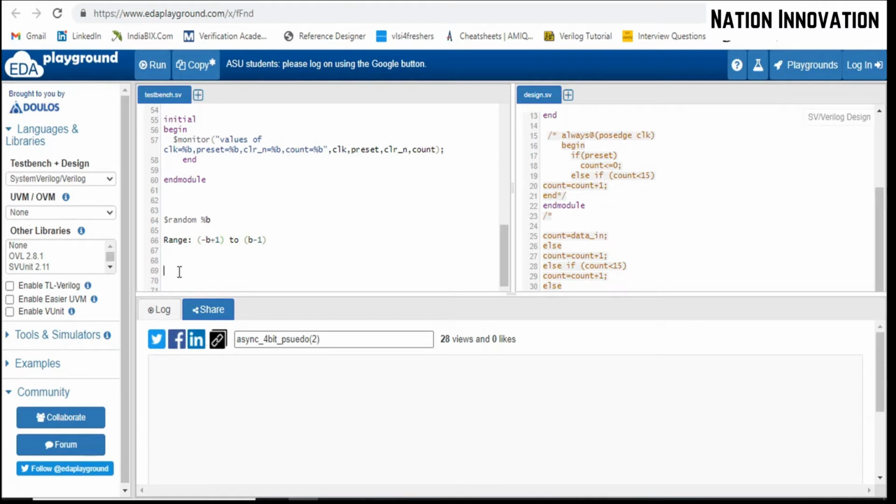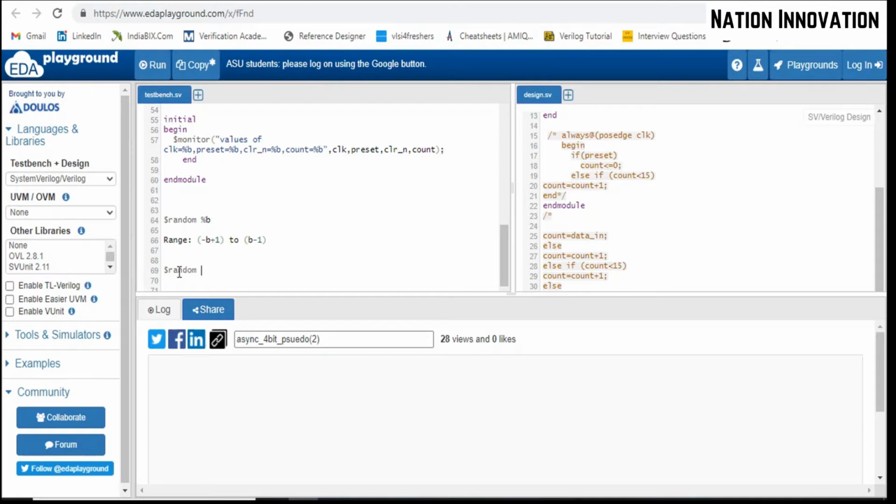Suppose I want to generate a 2-bit number, like I want to generate 0 and 1 only, to drive the input to the DUT. DUT is basically design under test, or RTL, register transfer logic. Sometimes we say DUT, which we call design under test. Your RTL is also known as DUT, or design under verification, DUV. Sometimes we give the term DUV also.